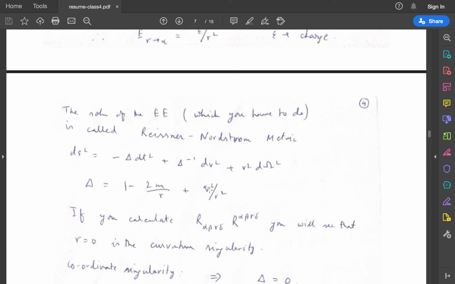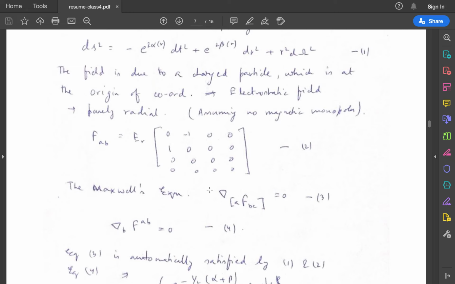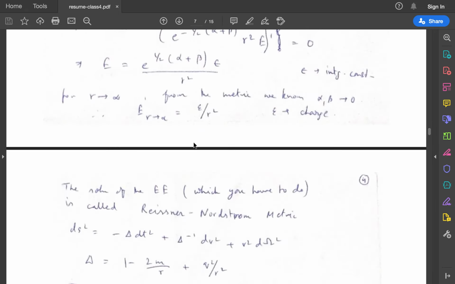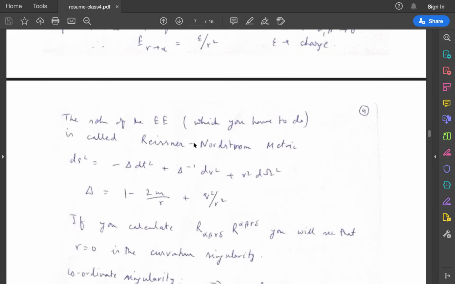Then the next thing is solving the Einstein equation. You have this metric, and you know how the field behaves. You can calculate the Christoffel symbols, the Ricci tensor, the Ricci scalar, and from there you can find the Einstein tensor G mu nu. From the matter part you can also find T mu nu. Once you get that, you solve term by term, and you can do that very easily. I will not go into that. If you are interested, you can do that, and you will get a solution of this metric,